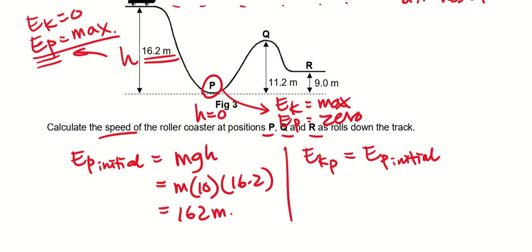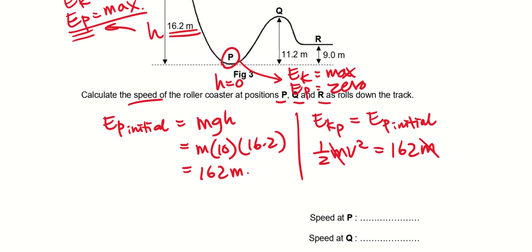Okay, so this is going to be half mv square equals to 162 m. Since the mass remains constant, I can actually cancel this part out. So if I work out, v square will then be equals to